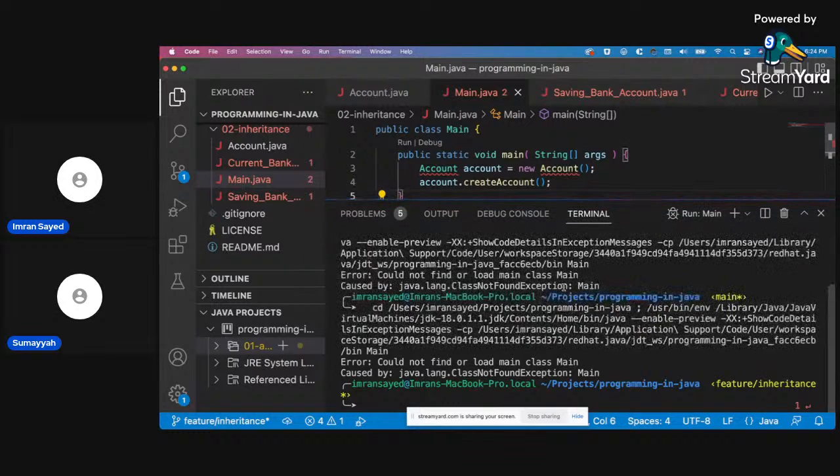Could not find or load the main class. Not sure why it's not working.